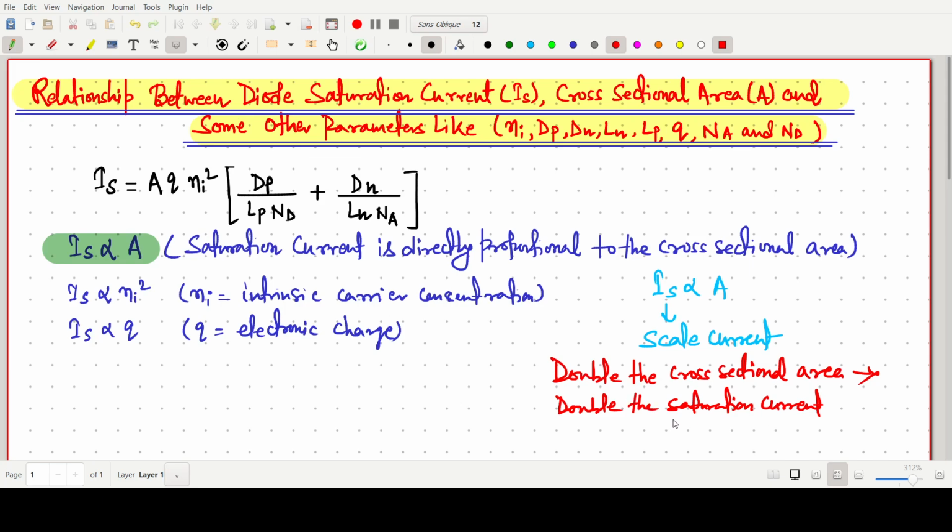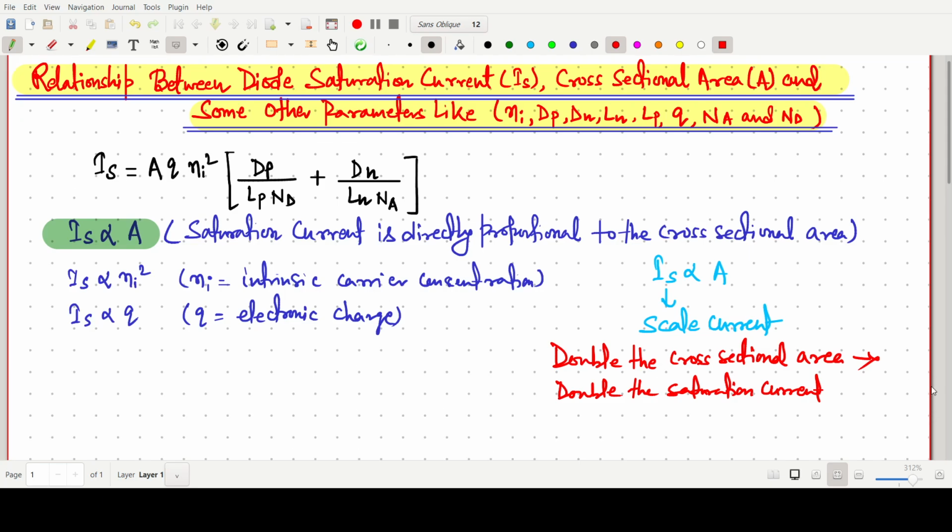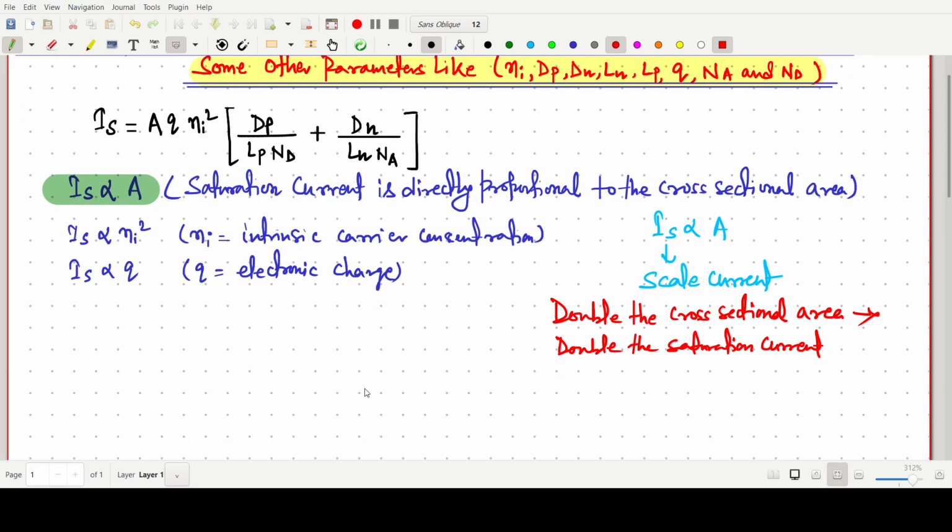What is the result in the diode equation? The fundamental diode equation, the simplest one, is ID equals Is e to the power VD by eta VT. So if Is is increasing, ID, the diode current, will also increase. The diode current also doubles